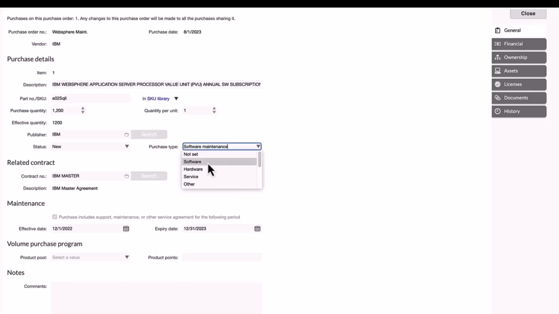Anything that starts with the word software, and that includes software, software upgrade, software maintenance, software baseline, and software subscription, would all go to the unprocessed purchases view to be processed to a software license. If you don't provide a purchase type, or if you use an import and your purchase type does not match one of these purchase types, it would default to not set, and not set would also populate to unprocessed purchases,